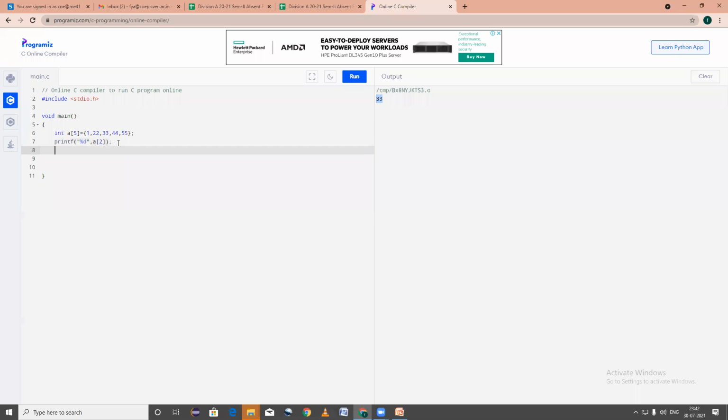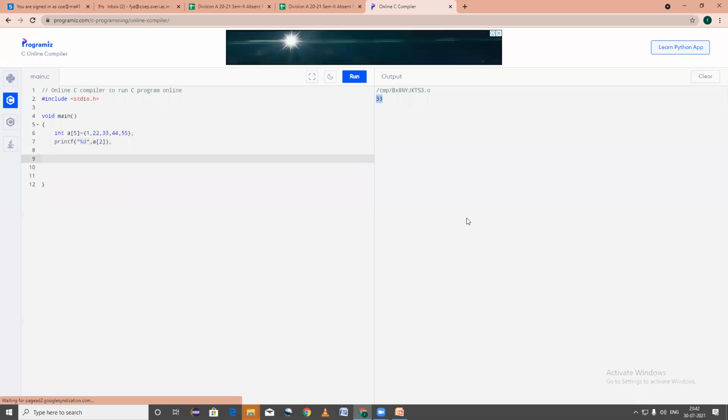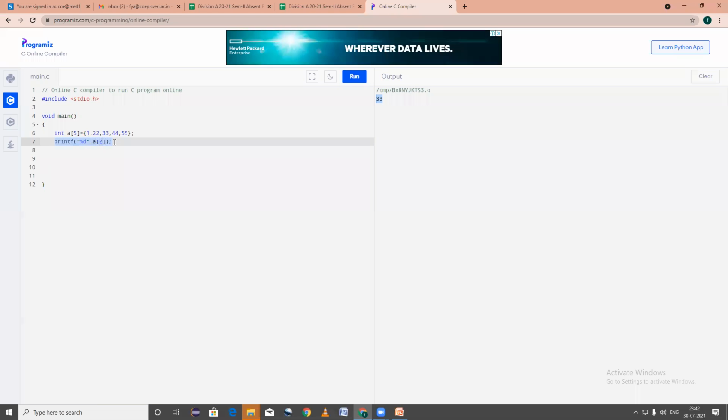Also, if I wish to print all the values, for this I am having a very simple way, I can write this 5 times, but this is not a good practice because if I'm having more values than these, so we know we have learned one concept, that is the for loop.